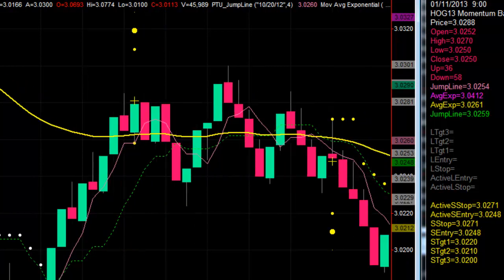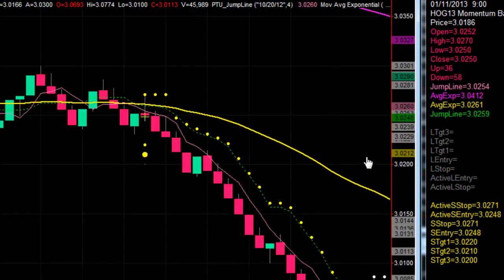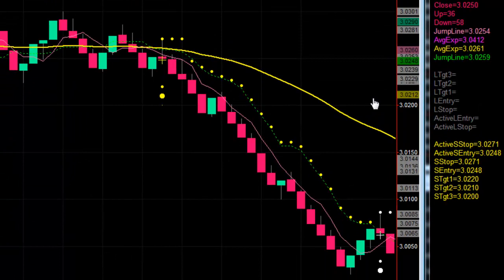Even if you missed it right away, you had the next bar at 9:01, 2 bars at 9:01. You could have got your order in, and you would have been filled. You would have got hit, would have had a full target, and you would have picked up this amazing move all the way down for 210 ticks. And the week ended up